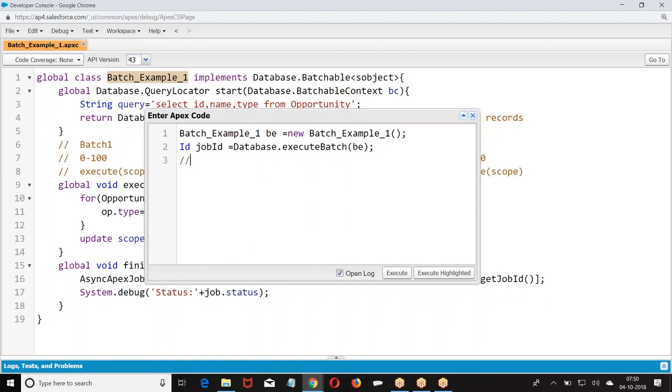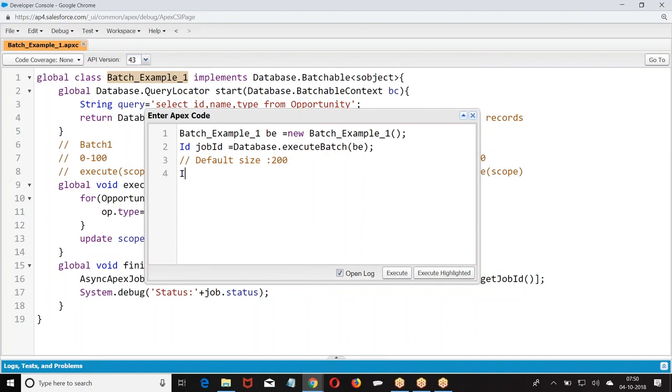If you don't mention the size, the default size is 200. You wrote a start method, an execute method, and a finish method. Now you have to execute this batch, and while executing it you are supposed to mention the size. If you don't mention the size, the default size will be taken as 200.